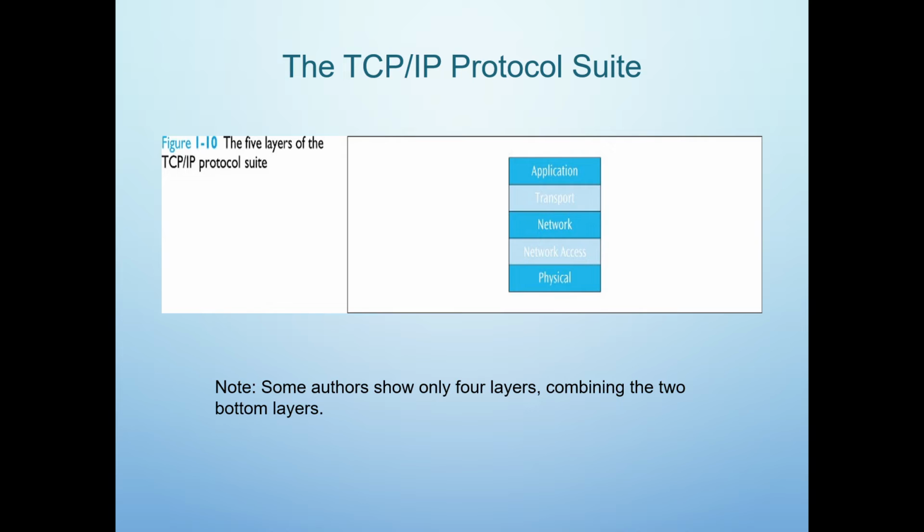The TCP/IP protocol suite, as shown in this picture, has 5 layers: application, transport, network, network access, and physical layer. The physical layer deals with transmission media such as different wires and wireless waves for sending and receiving data bits. The network access layer or data link layer handles the devices such as switches and hubs that help PCs access the network. The network layer is responsible for routing a data packet from the source all the way to the